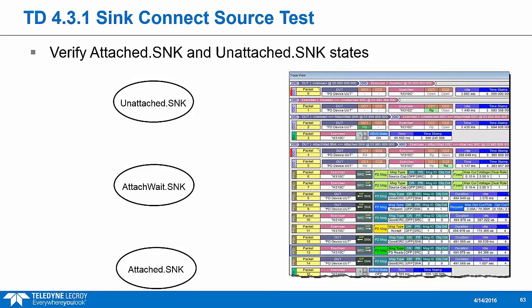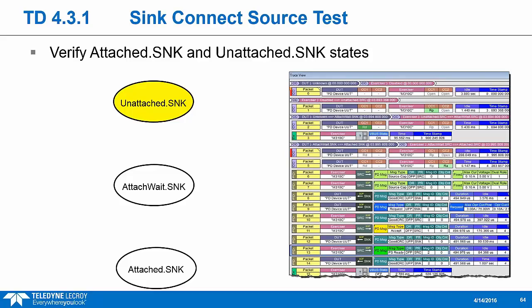In the 4.31 Sink Connect test, we'll actually test some of those state machines that control that initial connection process. We're testing a sink here, so the tester is the source. So to start, the sink is not presenting Rd. It's considered to be in the unattached state. So from a test standpoint, it's an implied state, not really directly observable. Then